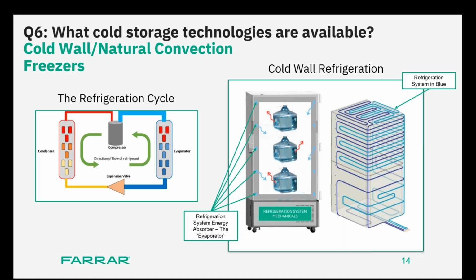So the way the system works is very simple. Low pressure vapor comes out of the evaporator, enters the compressor, and it gets compressed. So what happens when you compress gas or vapor? Chemistry 101, simple Charles and Boyle's law: PV is equal to nRT, so pressure and temperature would go up. So what comes out of the compressor is this high pressure and high temperature vapor that enters the condenser,